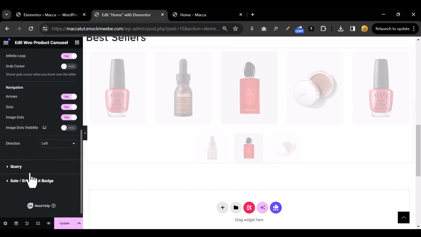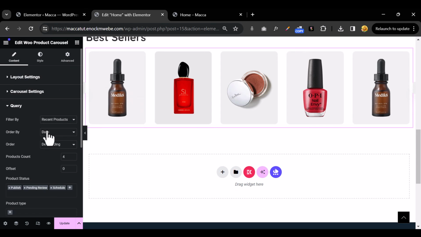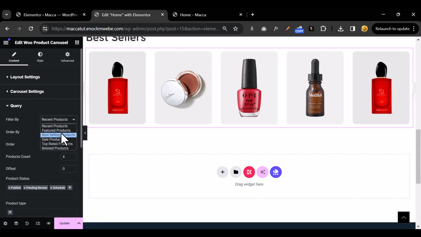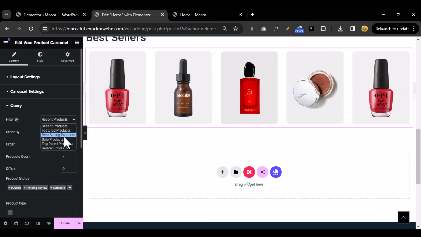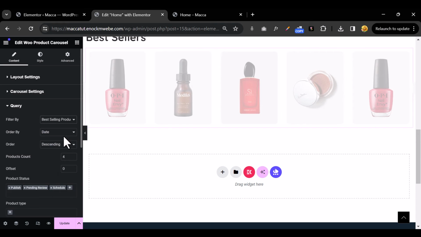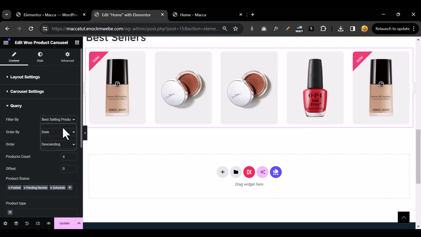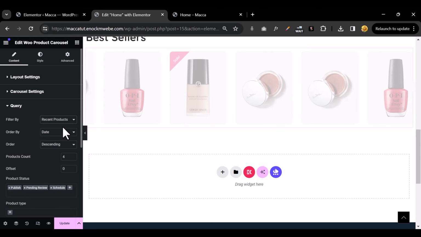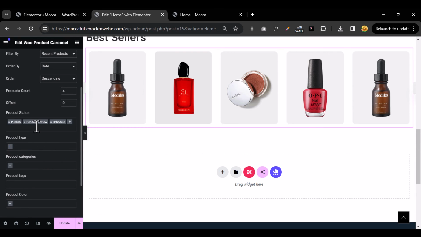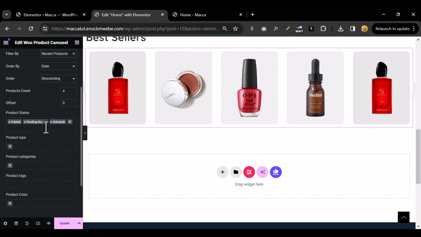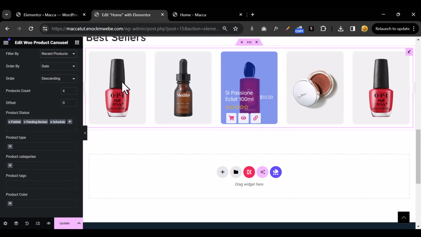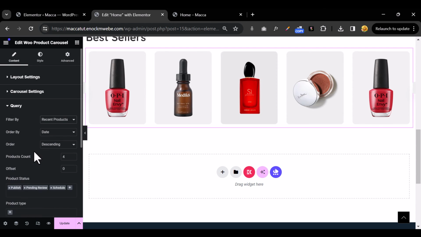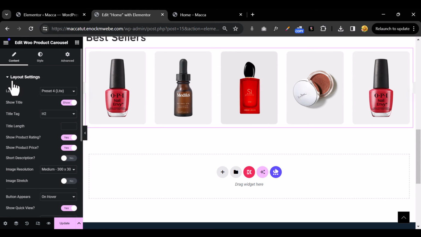So now you can query. For example, I want it to be from the best-selling products. So I'll put best sellers, but no products have been bought so far. But what we can do is just keep it as recent products. You can display basically anything, change product types, categories, tags, and they get displayed in this carousel. Okay, so now that that's out of the way,